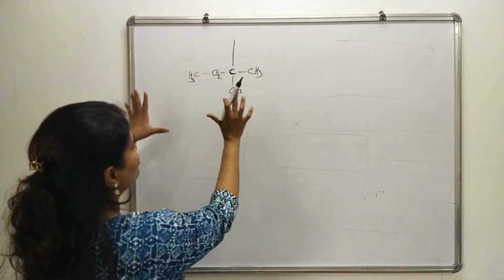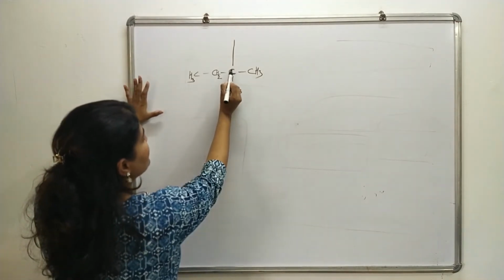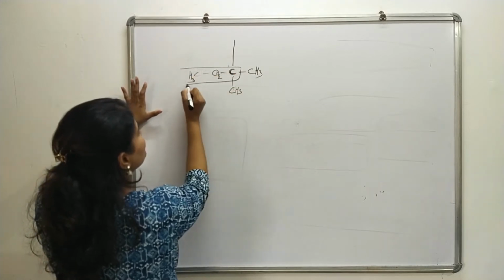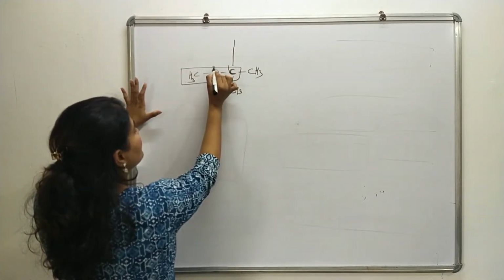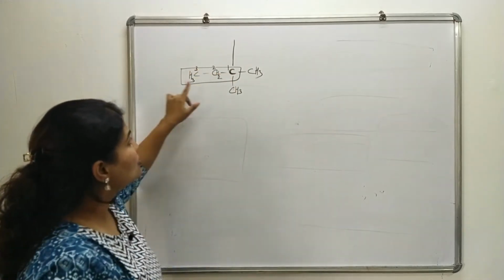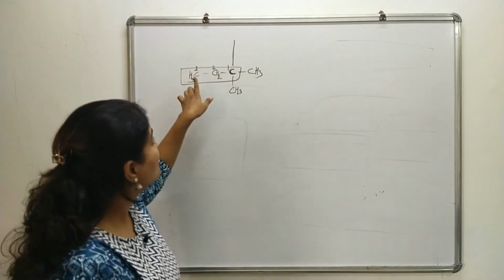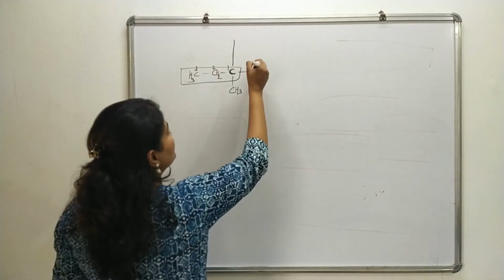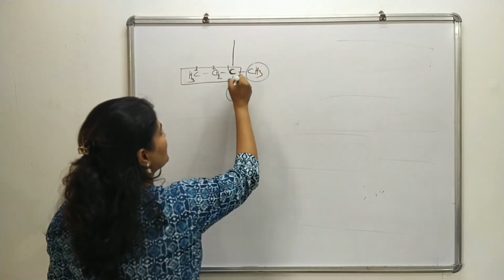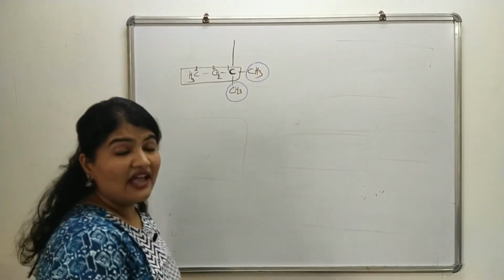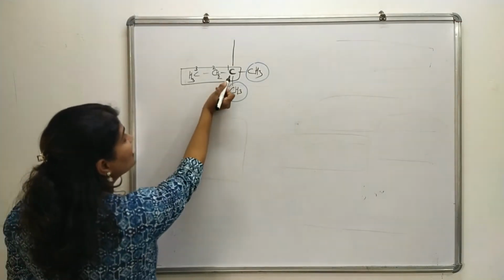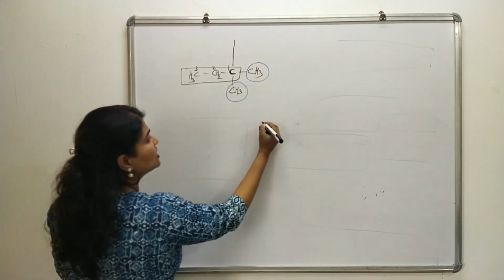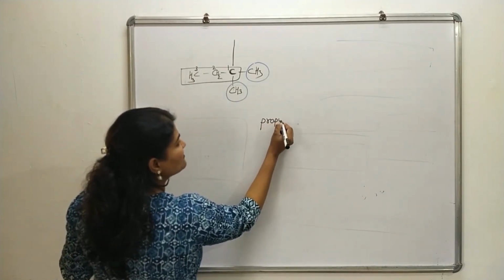So if I have to give numbering in this case, I will consider this as 1, and then I can figure out that this can be the longest continuous chain. So this will be carbon 1, this will be carbon 2, and this will be carbon 3. So it is a 3 carbon chain where on carbon number 1 there are 2 methyl substitutions. So if I want to name this particular alkyl group, it will be a propyl group because it is derived from propane, a 3 carbon compound. So propyl is going to be my suffix in this case.